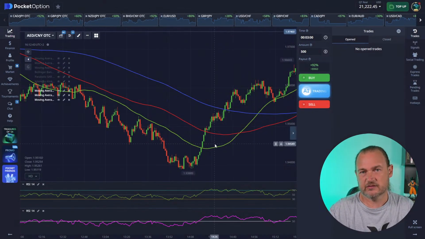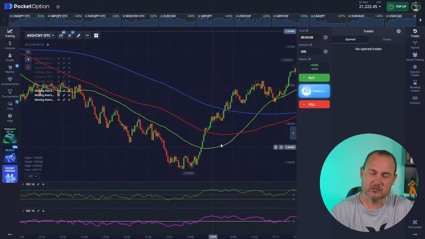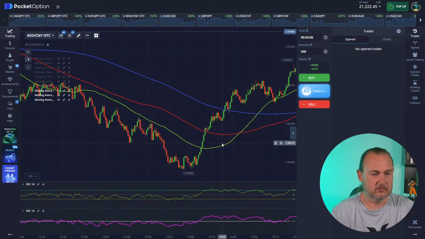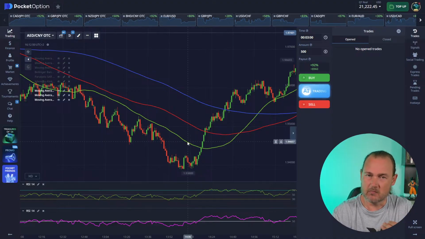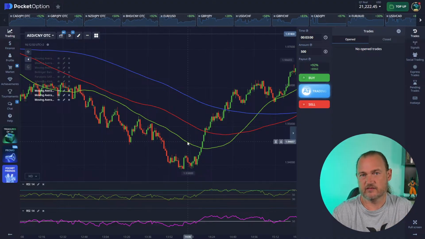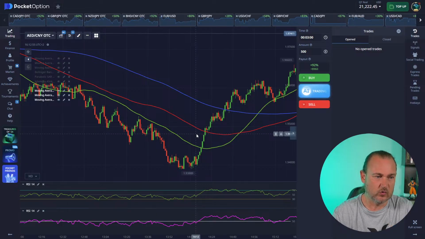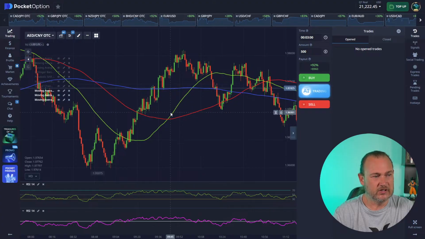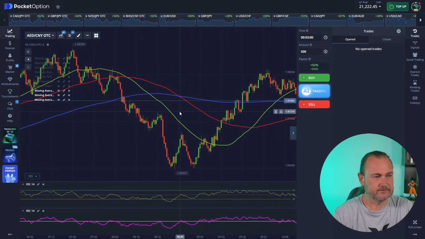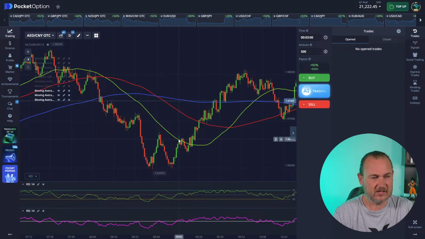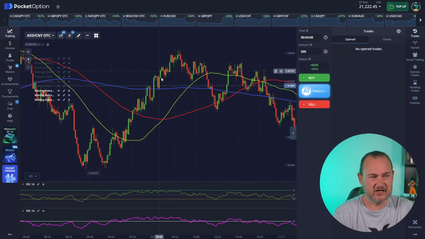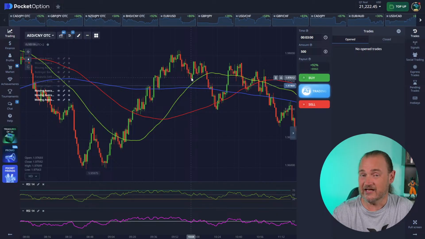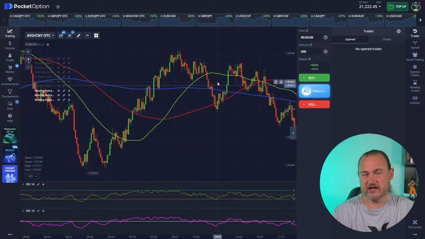Now, in your shorter time frames, most of the time you're going to interact with the 50 and the 100, and in that order as well. The 50 will get most hits, then the 100, and then the 200. But they will all get hits. What do I mean by hits? If we look at the movement of price at any given area, we can see that it quite often respects the moving average areas, and it becomes very clear that on a regular basis, price uses moving averages as dynamic